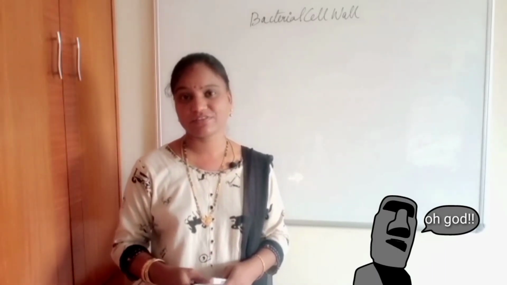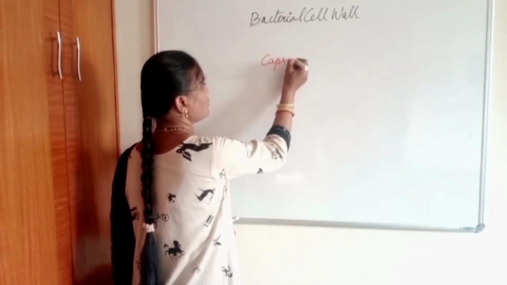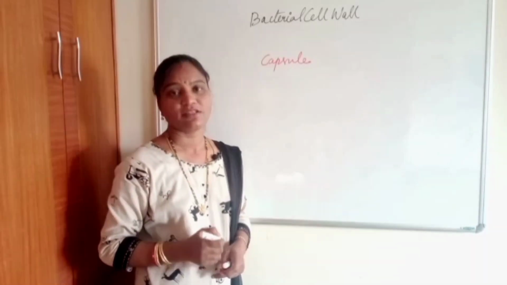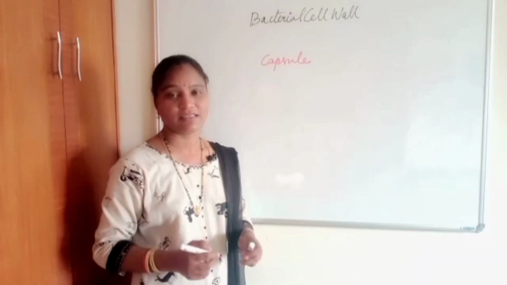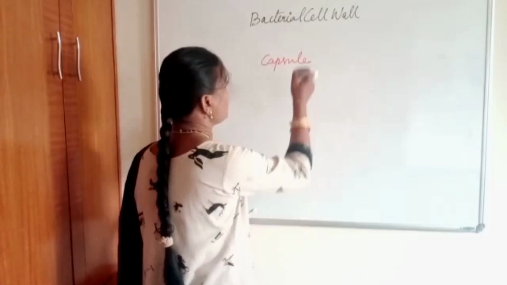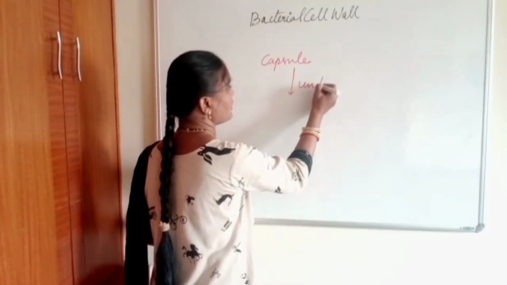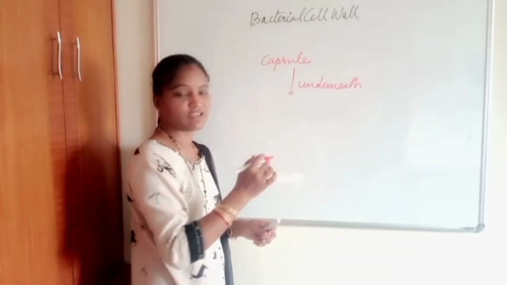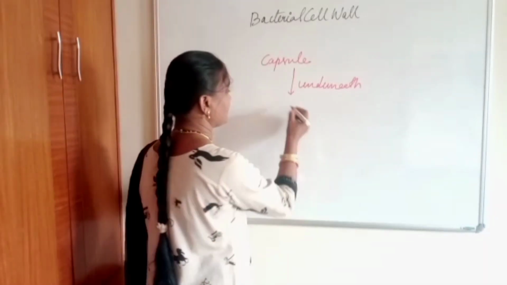Several microscopic studies have revealed that the bacterial cell has a stiff cell wall. This stiff cell wall is present underneath the capsule of your bacteria. If your bacteria has a capsule, it is known as capsulated bacteria. If your bacteria does not have any capsule, it is known as non-capsulated bacteria. The bacterial cell wall is just present underneath your capsule, and it gives different functions and a rigid structure to your bacteria.